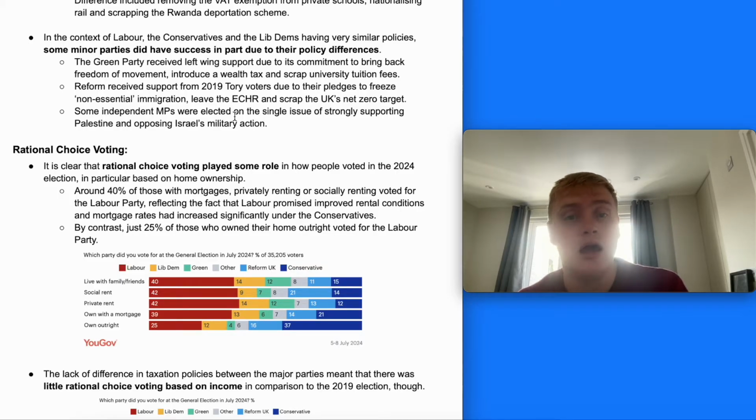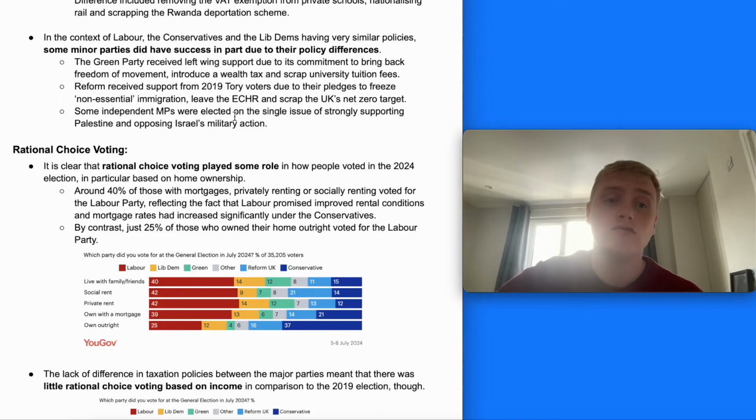In particular, in Labour seats or former Labour seats, where there are a significant number of Muslim voters, and that was largely in response to the Labour Party and Starmer's initial response to the attacks and long delay before calling for a ceasefire in Gaza. Rational choice voting